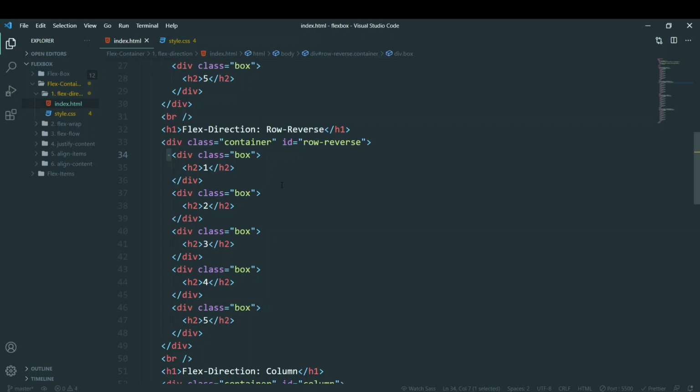So for the first property, flex direction, it defines in which direction the container wants to stack elements or items. They can be laid out in two directions, either horizontally or vertically. Now earlier we saw how our flexbox reacts when we add display flex to it. So this flex direction property also does the same thing whenever we want to change the direction.